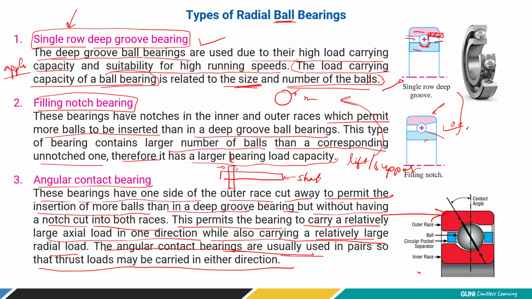So here we can attach one more angular bearing, but in reverse direction, reverse order. So they simply cancel out the movement of one bearing, that is sliding of a bearing due to the thrust load, right? So यहाँ पे क्या करेंगे, हम दोनों एक्सियल दोनों ही एंगुलर कॉन्टैक्ट बेरिंग इस्तेमाल करेंगे. So it is called pair, right? So angular contact bearings are usually used in pair so that the thrust load may be carried in either direction, either this or that, or simply you can say left or right.